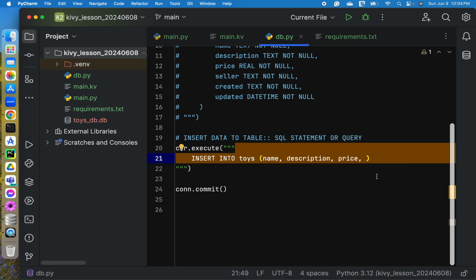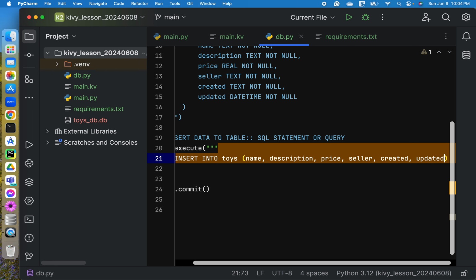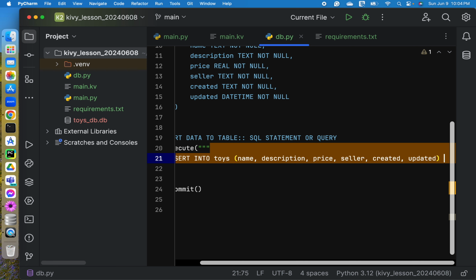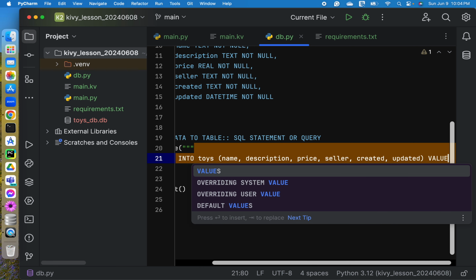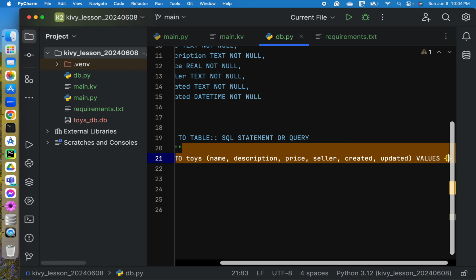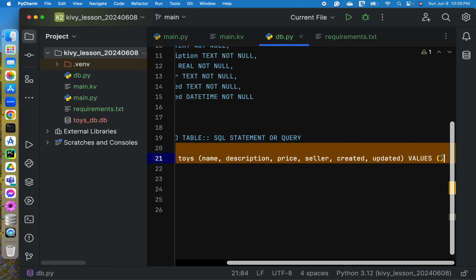Okay, name, description, price, seller, created, and updated. Okay, next we type in values. So whatever we put here in the values will be inserted to their corresponding field names.